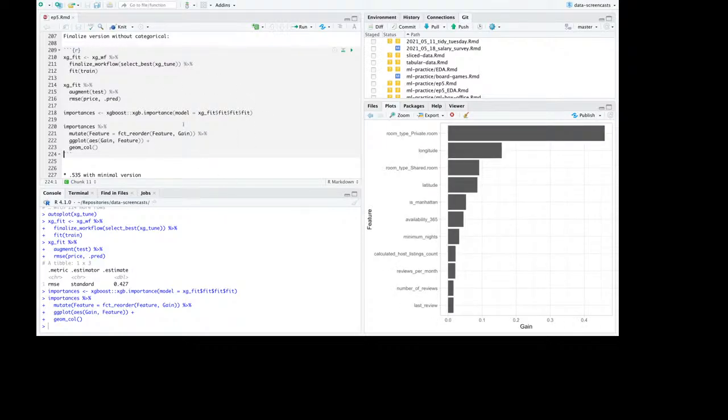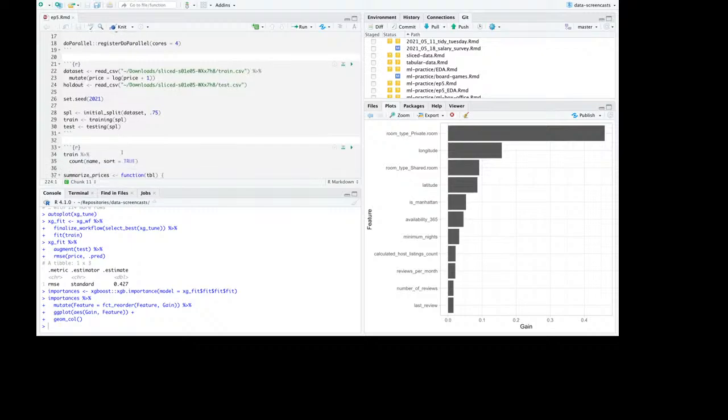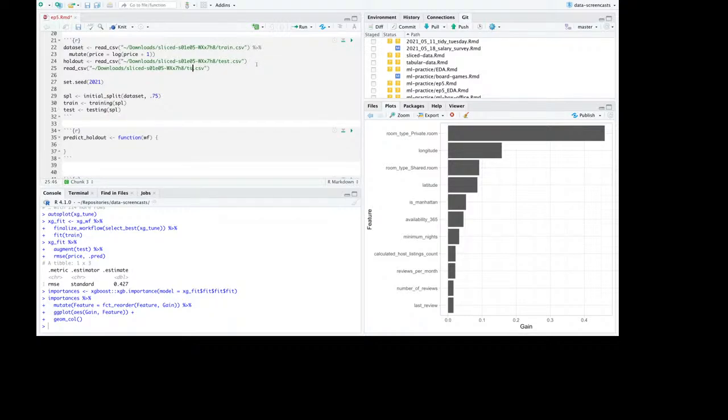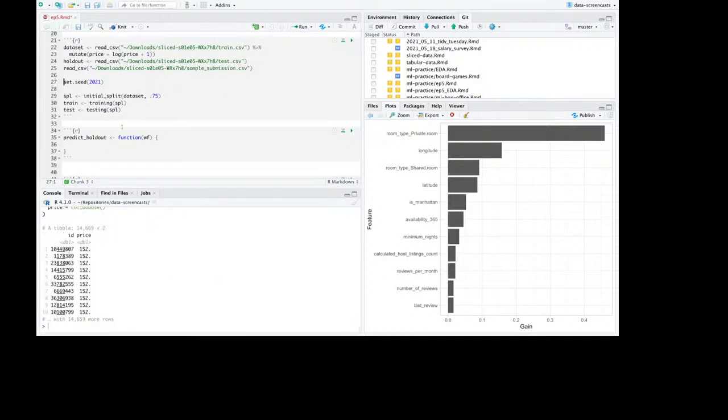Yep. All right, I'm going to create a little function, like a predict holdout workflow. I just always find myself needing to do this. So what does the sample submission actually look like? ID and price. So what I do is say holdout, predict, workflow, predict on holdout,